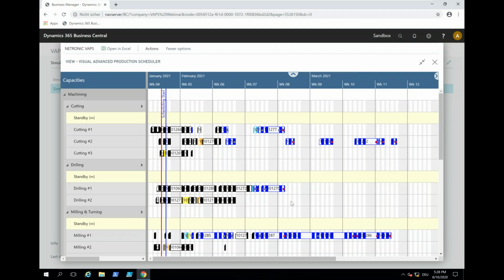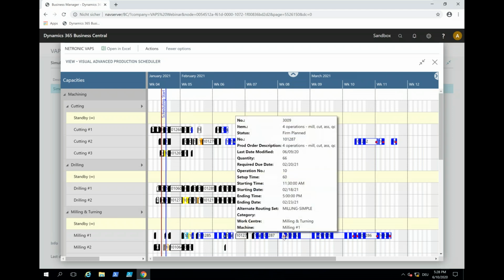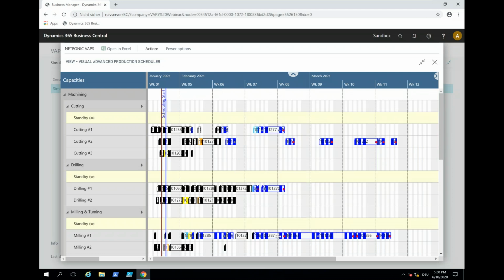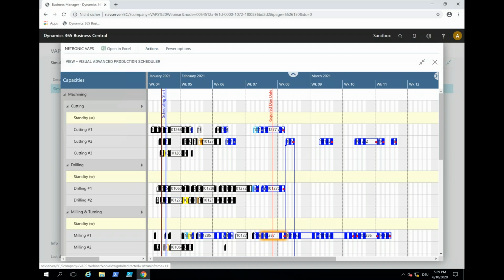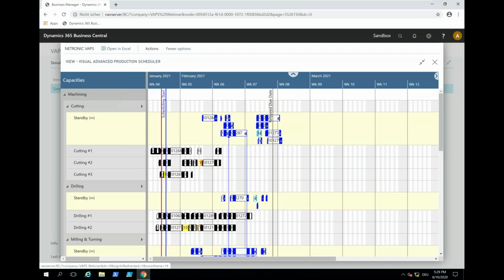And you see a lot of production orders also have this red dot, which means they are now scheduled past the required due date, so they are late. This is because I have a lot of my standard routing on my milling machine 1, so I have a bottleneck here, and this boils down to the other resources too. So there is no work that I could shift to cutting according to my standard routing. So let me undo this and get them all back to standby, because actually I spent a lot of time